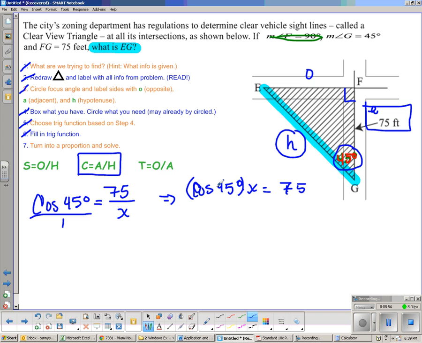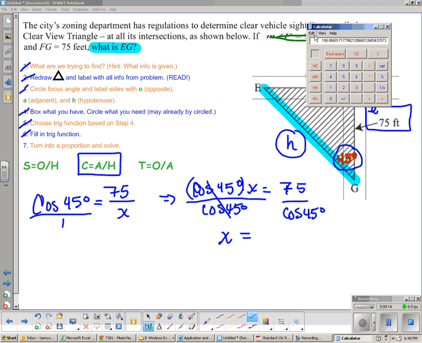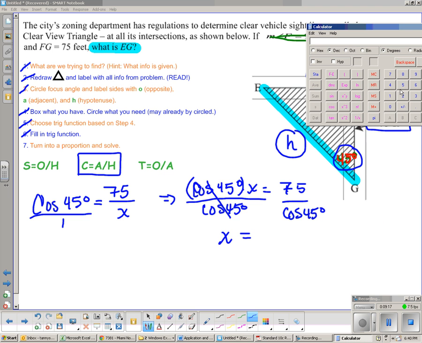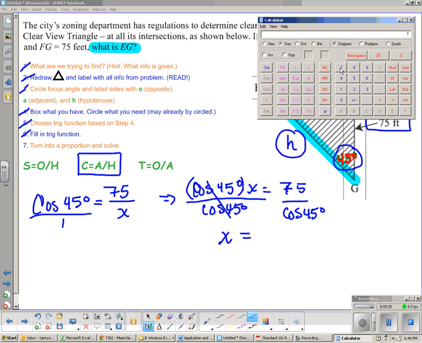Okay, so now we're going to get the X by itself by dividing on both sides by the cosine of 45 degrees. That's going to cancel to be 1. Anything divided by itself is 1, so 1x is the same as x, equals to, now let's get our calculator again. We're going to switch to scientific mode. 75 divided by, in parentheses, the cosine of 45. Close the parentheses, equal sign, and we end up with